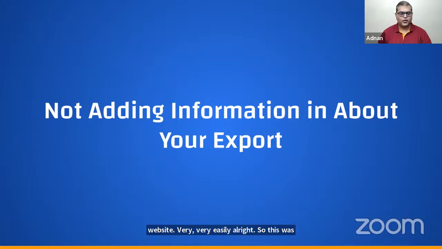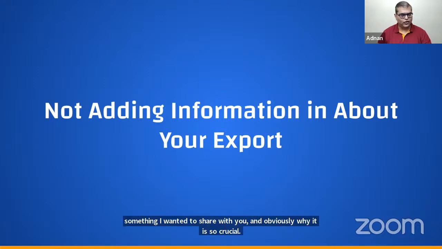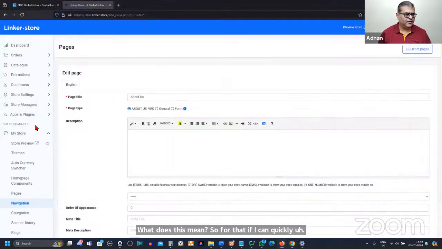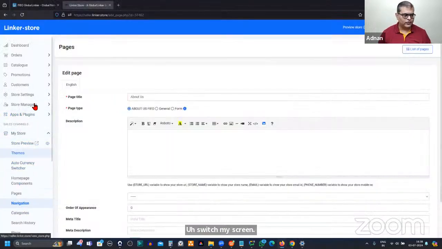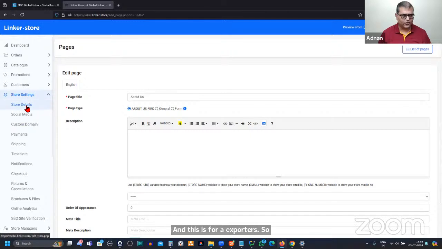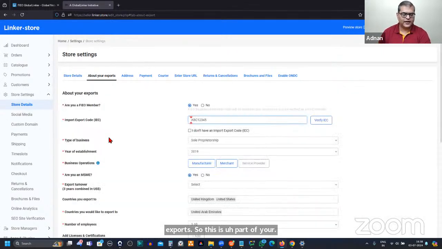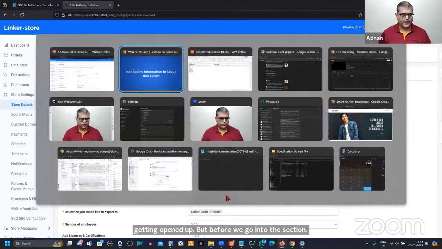Not adding information about your export. What does this mean? So for that, if I can quickly switch my screen, this is for exporters. So if you have created your digital catalog, you have something called About Your Export. This is part of your seller panel. This is the section which is currently getting opened up. But before we go into the section, if I can quickly take you back